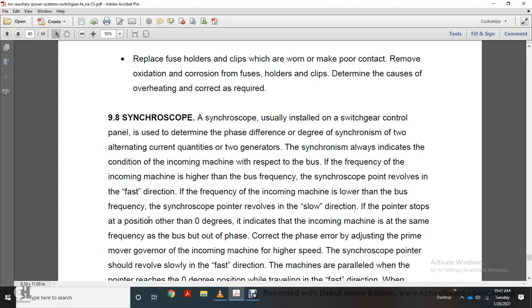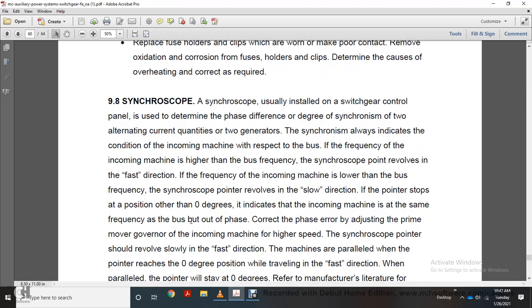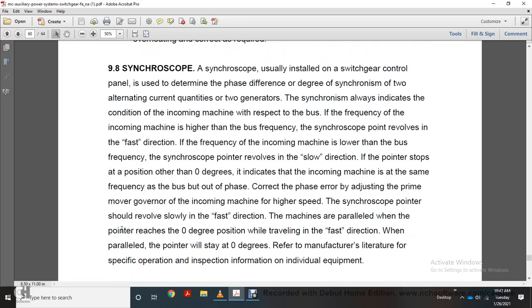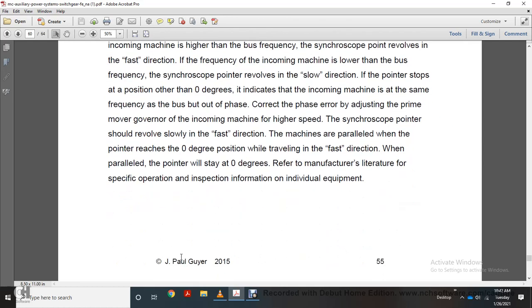If the pointer stops at a position other than 0 degrees, it indicates that the incoming machine is at the same frequency as the bus but out of phase. Correct the phase angle by adjusting the prime mover governor. With the incoming machine at higher speed, the synchroscope pointer should revolve slowly in the fast direction. Machines are paralleled when the pointer reaches the 0 degrees position traveling in the fast direction. When parallel, the pointer will stay at 0 degrees. Refer to the manufacturer literature for specific operation, inspection, information, and individual